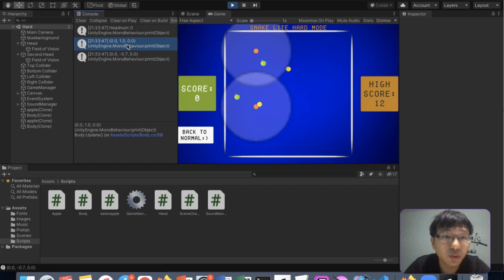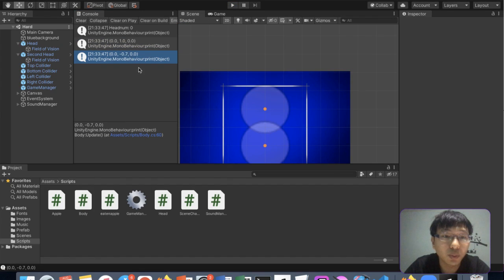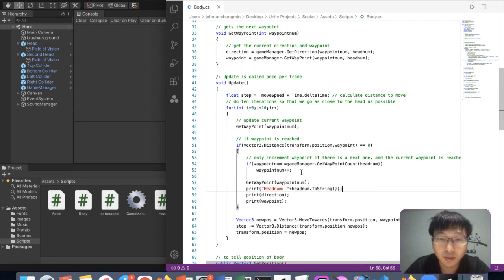Head num 0, 0, 1, 0. So the head num 0 and 1 apparently is working. Okay, but the head num 1 is not printing. Oh, maybe because the head num 1 did not reach the waypoint. So that means